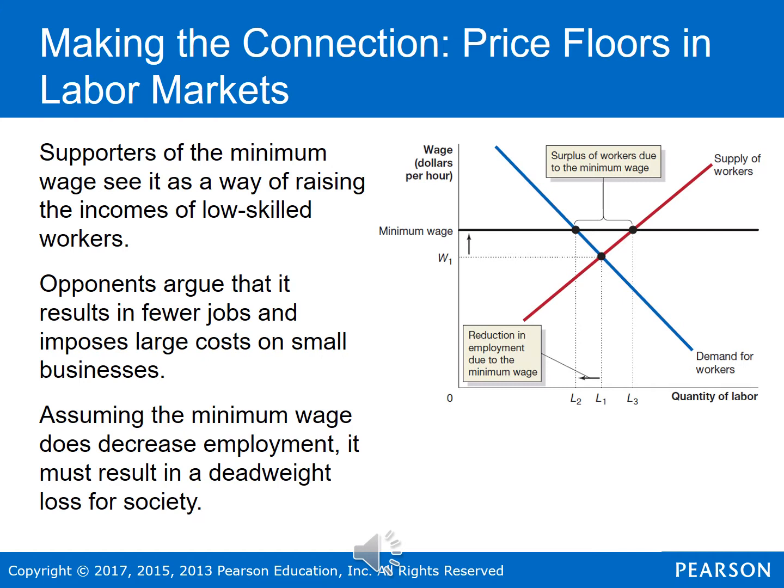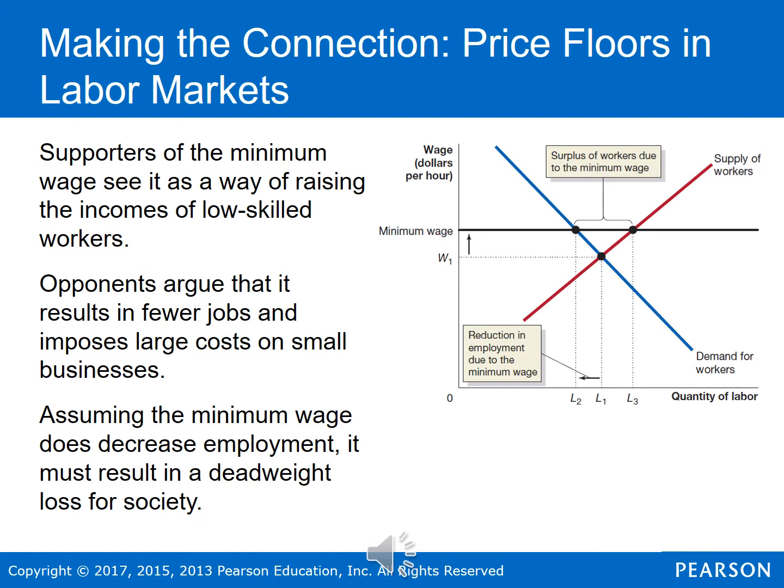So now if we place a minimum wage in this market, so we increase the wage above equilibrium, what we're going to get is a surplus of workers. Firms are going to reduce employment because now labor costs are higher. So at this new labor cost, they're going to demand fewer workers. While at the same time, we're going to increase the supply of workers. More workers will be willing to work at this new higher wage. So we end up with a surplus of workers. We have workers that are unable to find employment because of this new higher minimum wage.